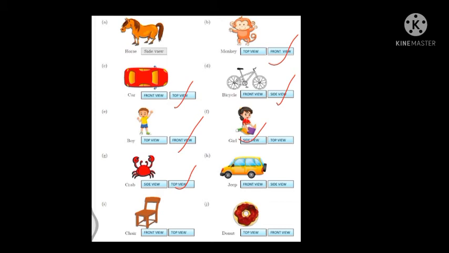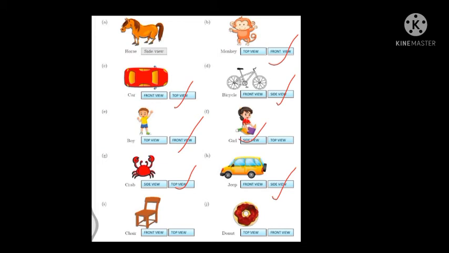This is, we can say for example, a car. We saw the car also, right? The top view will be like this, right? The car's top view will be like this. So at that time I already explained to you from where this zip will be looked at. So obviously if we look at this zip from the side, it will look like this. So that means this is the side view of a zip.